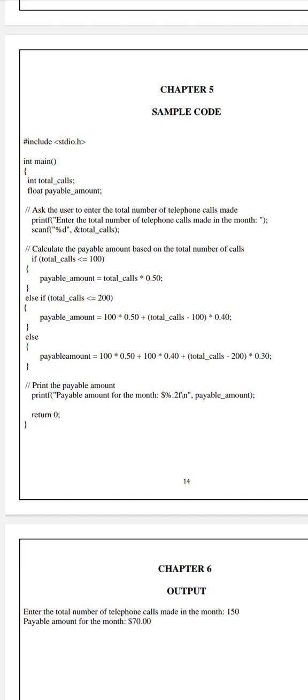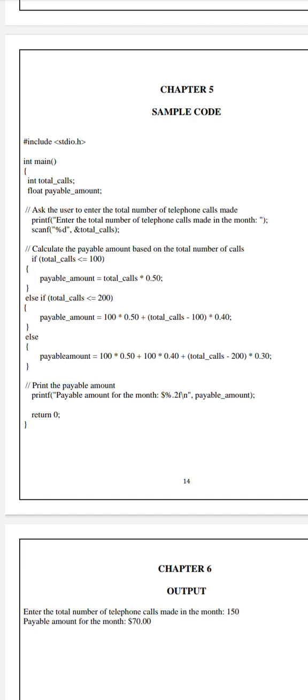calls is less than or equal to 100, then payable amount equals the following. If the total calls is less than or equal to 100, the payable amount is 100 into 0.5 and so on, as given. Else, if it is not, then payable amount equals 100 into 0.50 plus 100 into 0.40 plus (total calls minus 200) into 0.30. According to the total number of telephone calls made, we can choose the condition accordingly, and finally